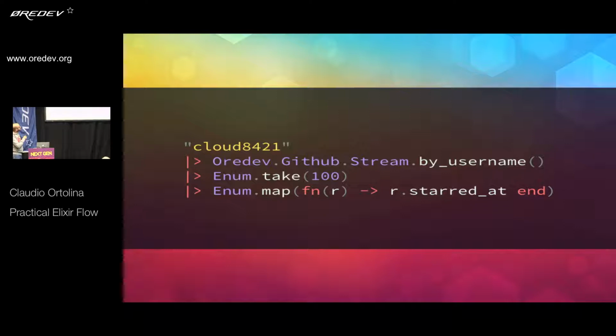So this operator, which is called the pipe operator, takes what's on its left or above and passes it as the first argument to the function on the right. So this, which is my username, is the first argument here. The return value of the first two lines gets passed as the first argument to the take function. And you go on and on.